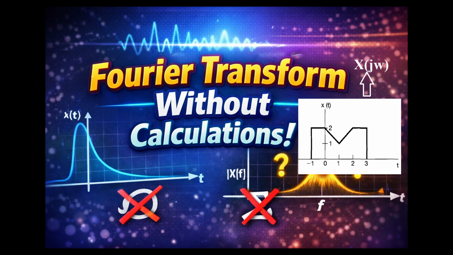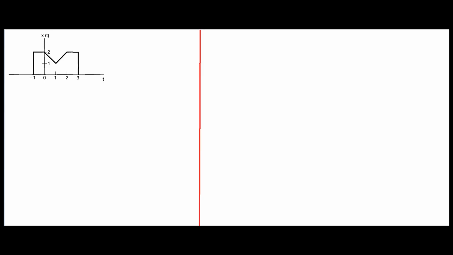In this video, we solve a question from the topic of the Fourier transform. In this question, the time domain signal is given and we are asked to answer the required information about its Fourier transform without directly calculating the Fourier transform. The question gives the shape of the time domain signal x(t), and the first part asks us to find the